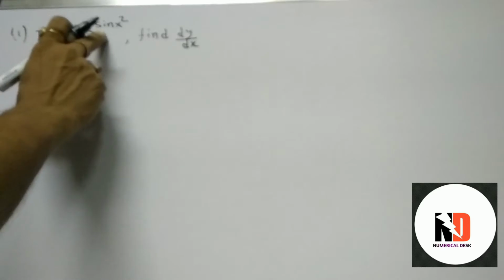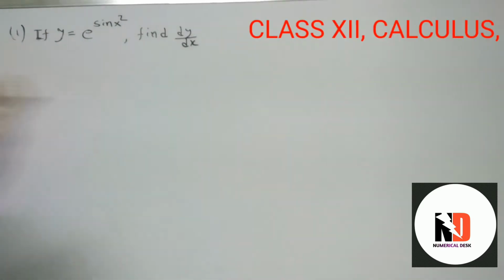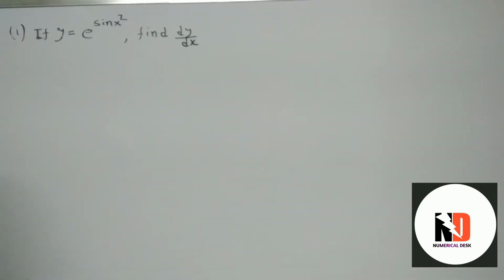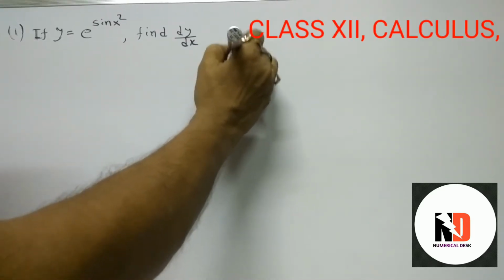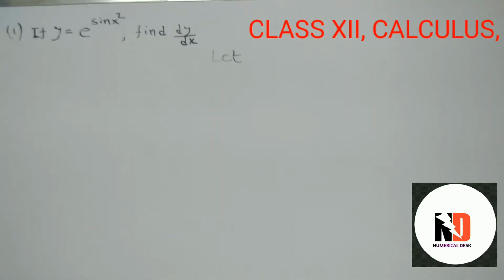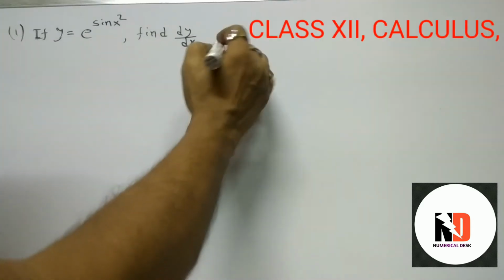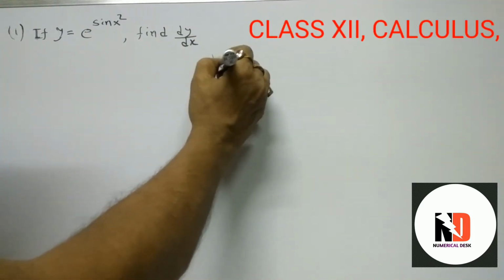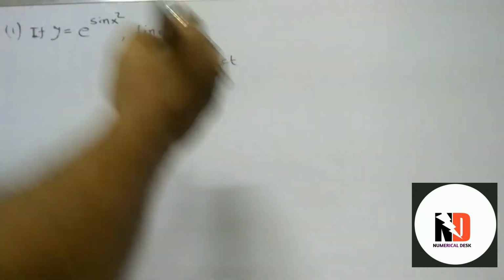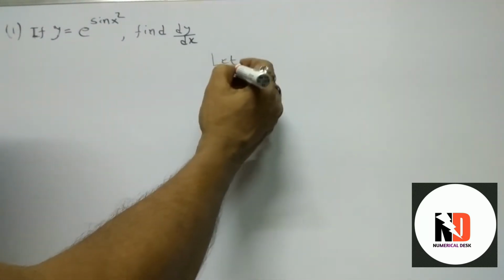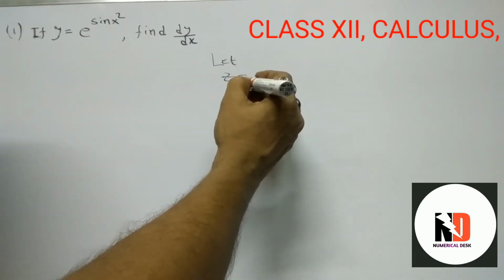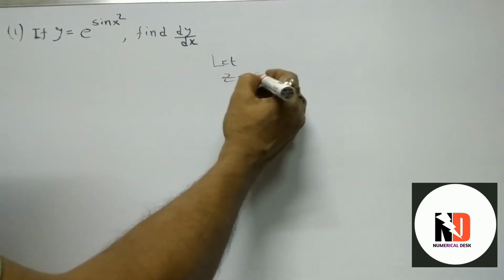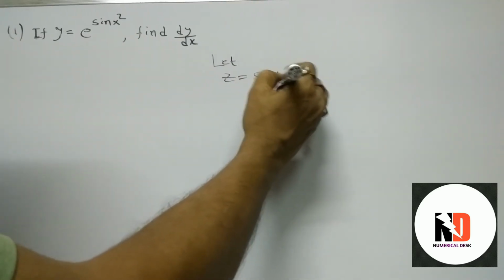Yes, this is the sum: y equals e to the power sin x square. Find dy dx. See, e to the power sin x square. Sin x square is not in the standard form, so we must convert it into the standard formula, and then we shall proceed. To do so, we assume something for sin x square entirely, and x square also, so that it will convert into a standard form, so it can be differentiated